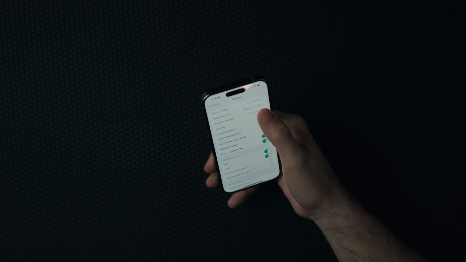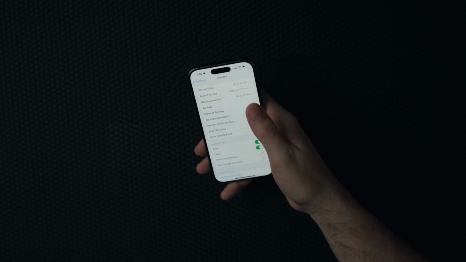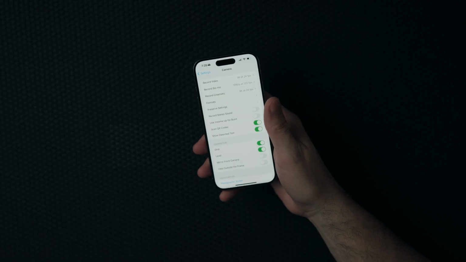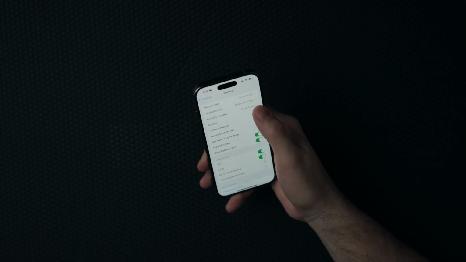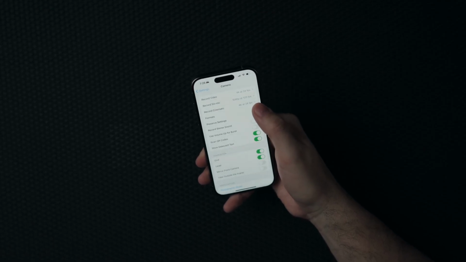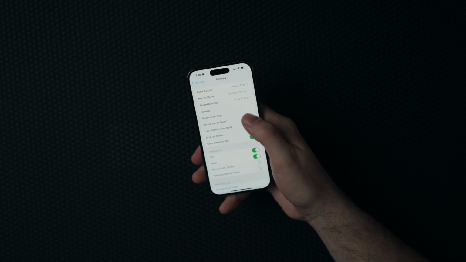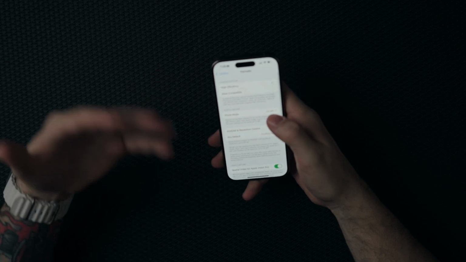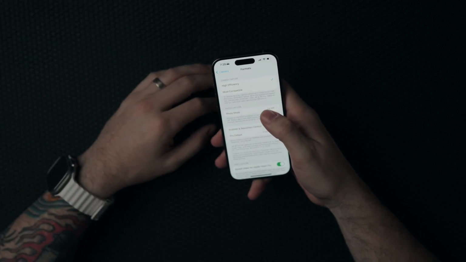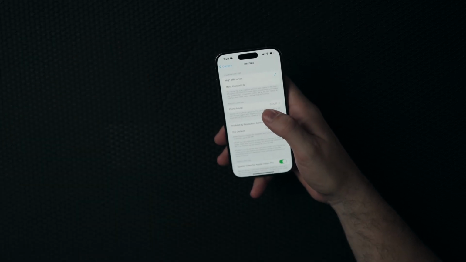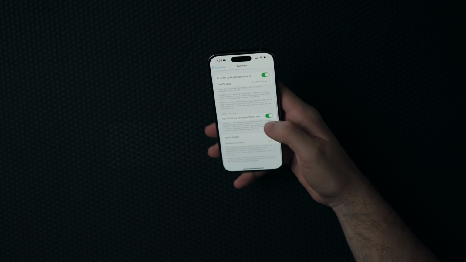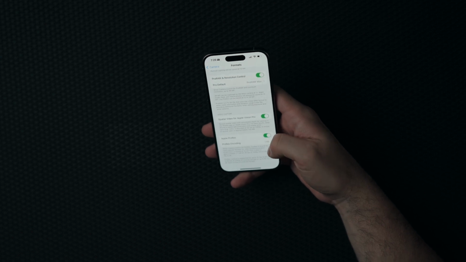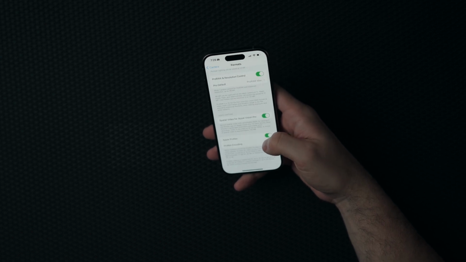Record slo-mo isn't a feature that I use that often. I think you can choose any feature here that you like. Record cinematic. Again, I have this at 24 frames per second in 4K resolution. When it comes to formats, we're actually gonna ignore most of this stuff here because most of this is for shooting pictures, but we're gonna go down to the bottom where we have Apple ProRes and ProRes encoding. I do have both of those enabled, and the great thing is you can actually quickly enable them or